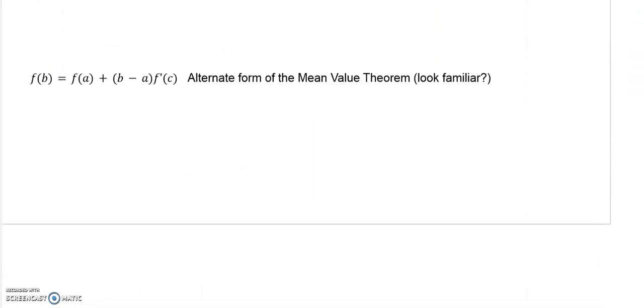And this is the equation for the point slope form, right? So y equals y plus x minus, however your book did this. That's the equation for point slope form, which is just another way to write the slope. Okay, so the alternate form of the mean value theorem is the same thing. You're just rewriting the